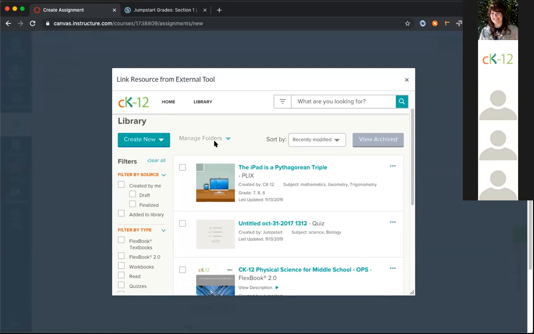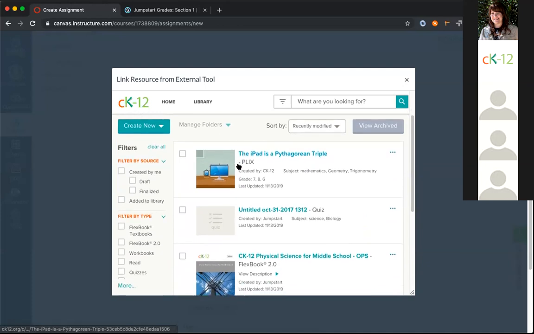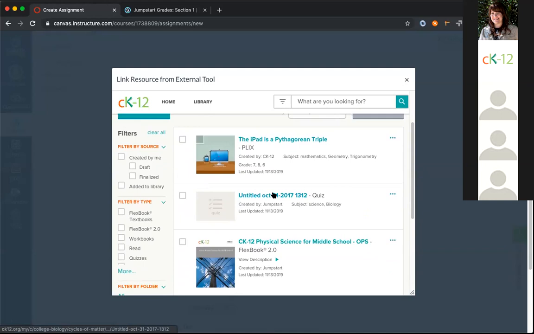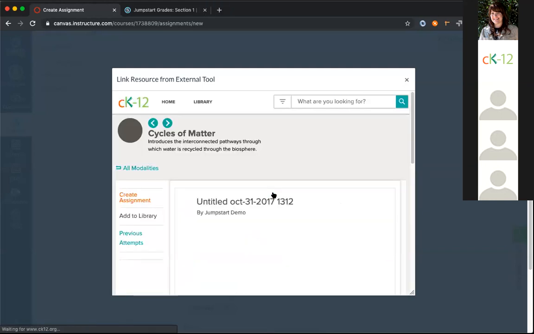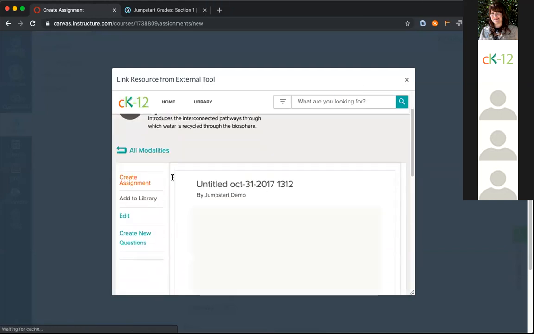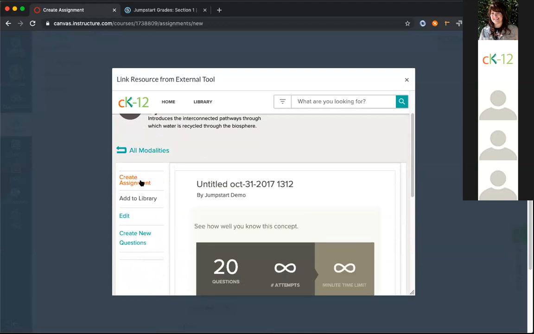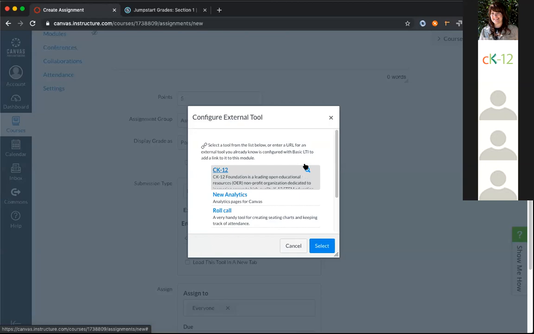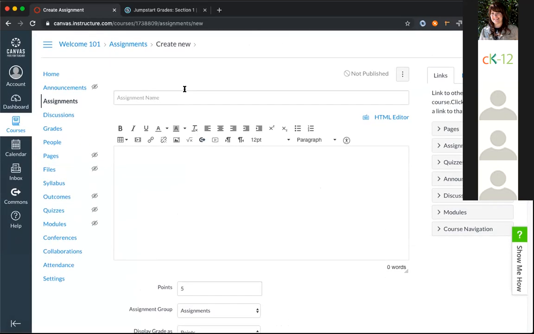And then eventually, if it's something that can be assigned and you want to assign it, you can always come to your library and filter on what type that was. And then it'll show up here. So for instance, I'm just going to grab this quiz, which is assignable. And then same thing, I'm going to click on create assignment, and similarly, that creates that link, and I'm going to click select.